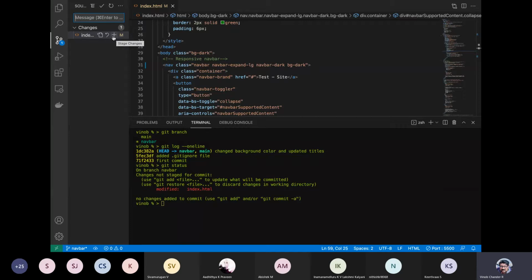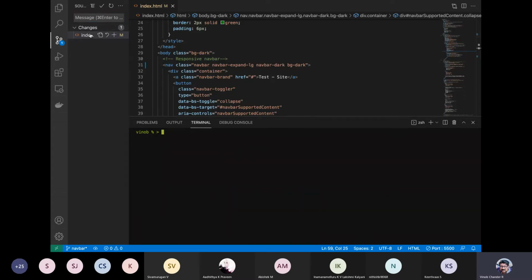This is also perfectly all right, but depending upon the preference, you may want to do it through commands or make use of the UI. I hardly use these GUI elements, although it is convenient and you can use it to stage.